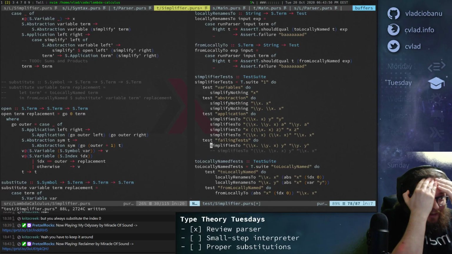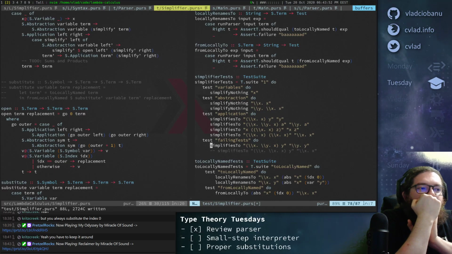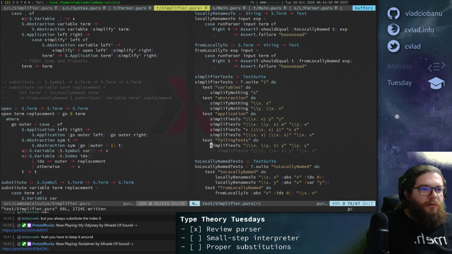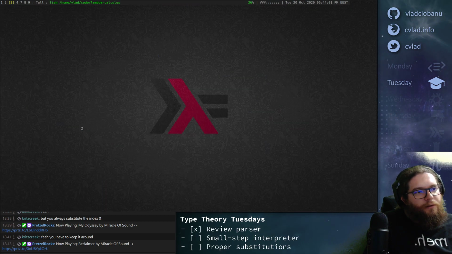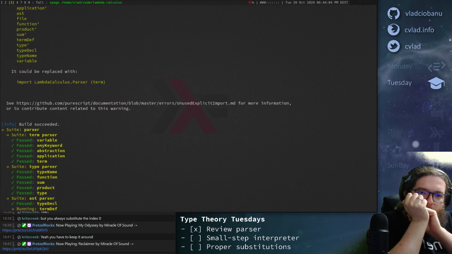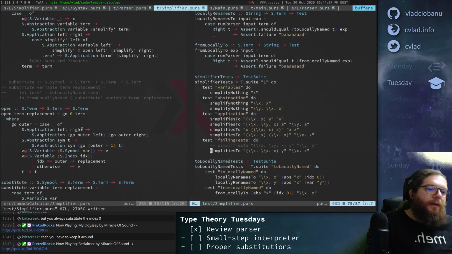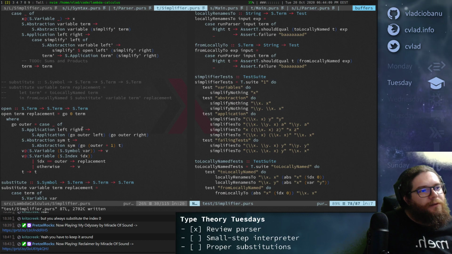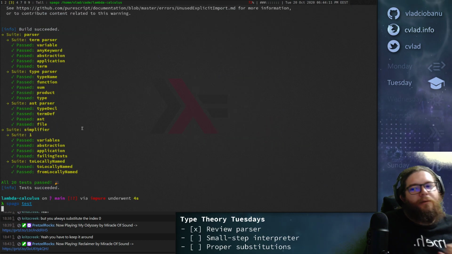Okay, so should this be fixed? No, this should be fixed, I think. Cool. I think this isn't yet fixed because we don't look at that problem yet.